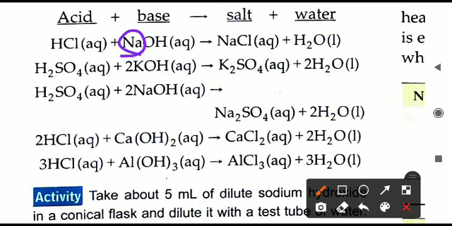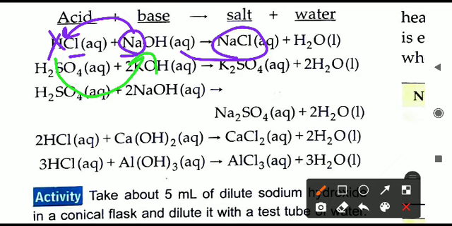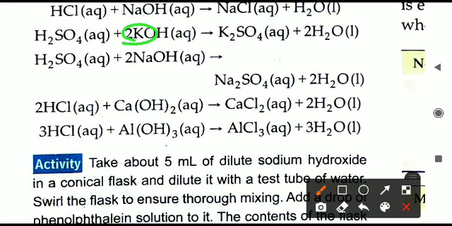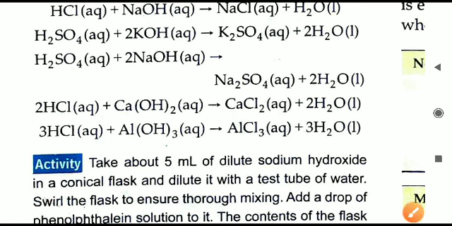Here you can see again sodium metal will remove hydrogen from its position, and what will form? NaCl will be produced. Here you can see NaCl is the salt. The remaining thing is H. The H which is removed from here will move towards OH, and we will get water. HOH gives H2O. Same thing here, potassium is more reactive than hydrogen. So hydrogen is removed there, K2SO4 forms, and the remaining thing is water.